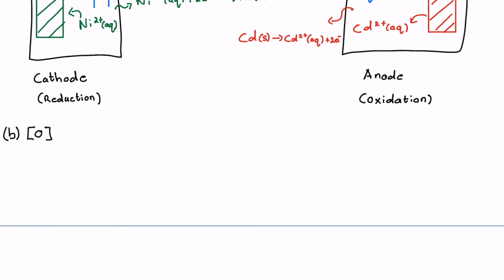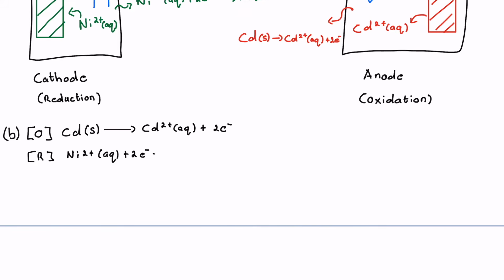So our oxidation half reaction is of course the cadmium reaction: cadmium solid proceeds to form cadmium 2 plus aqueous plus 2 electrons, right, oxidation. And our reduction half reaction is nickel 2 plus aqueous plus 2 electrons,